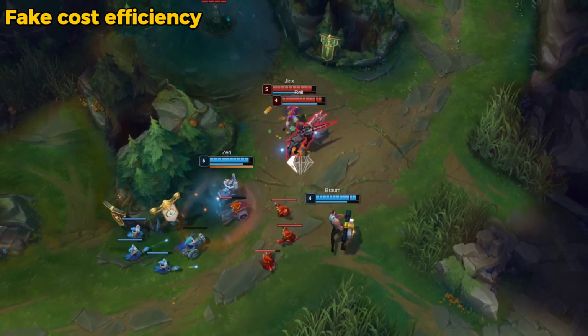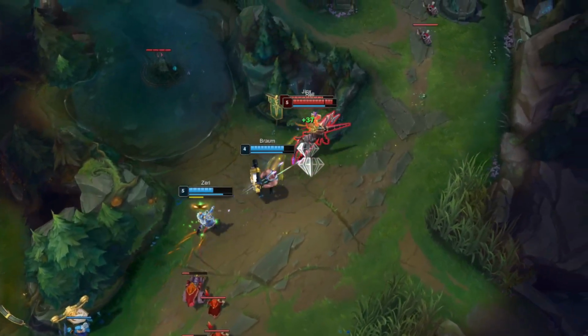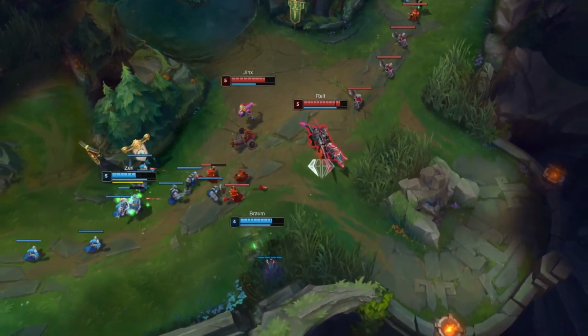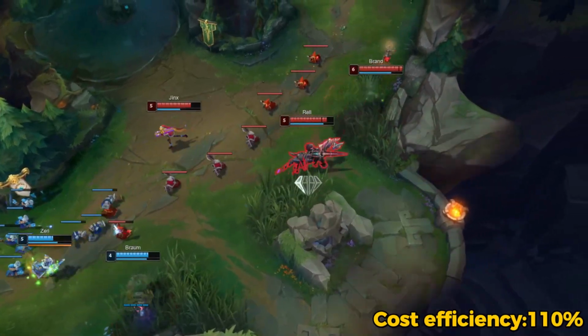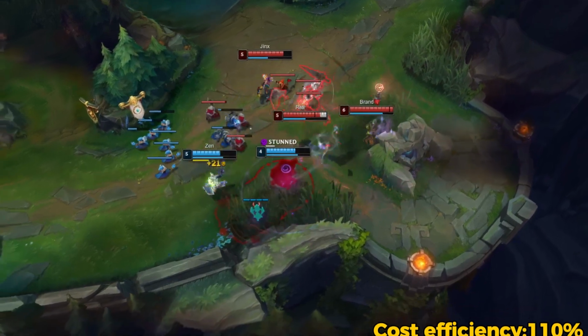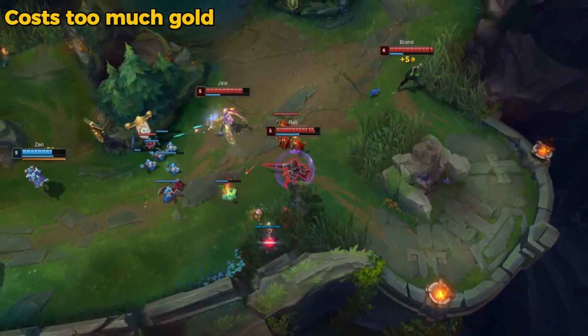First of all, cost efficiency is kinda fake because of the base health regeneration stat and its cost, because you won't need it most of the time. So in the real game, cost efficiency is around 110%, which is still not bad, but not as OP as it looked. Well, and if you are playing engage support, your gold income is pretty limited,